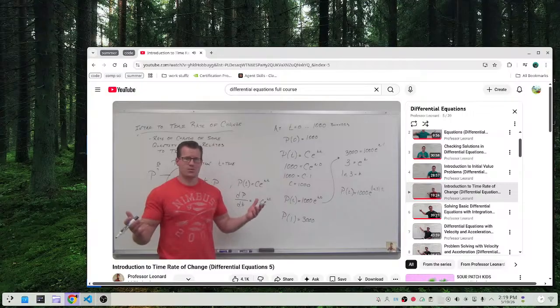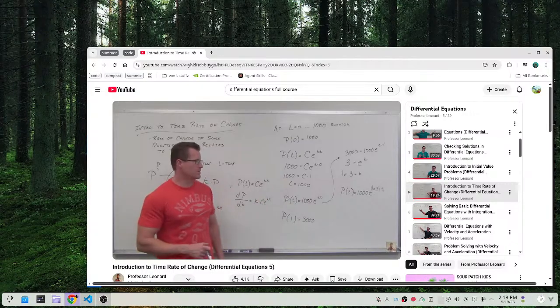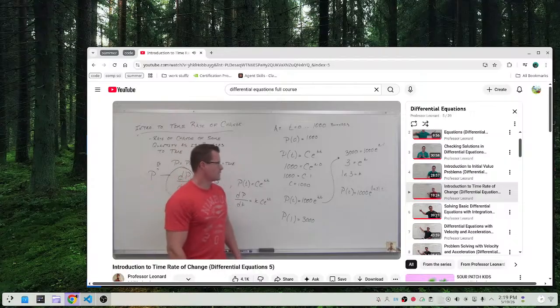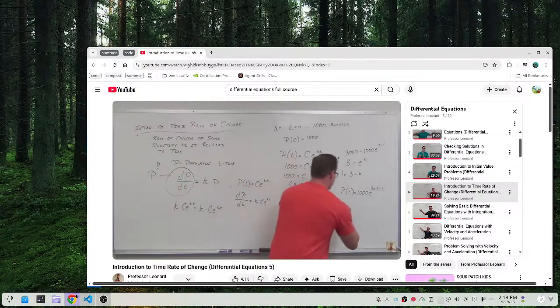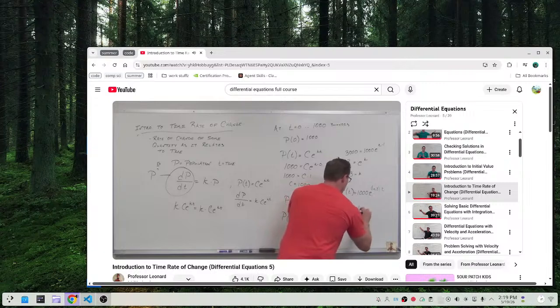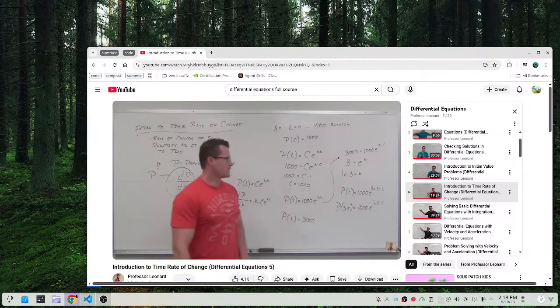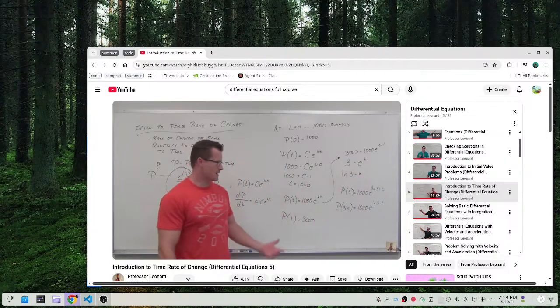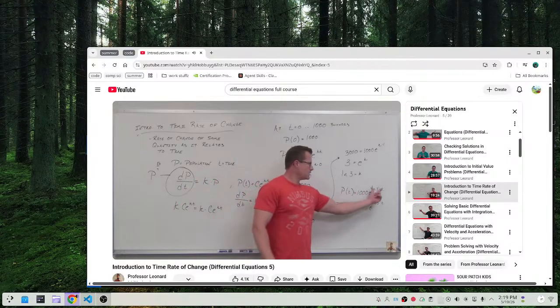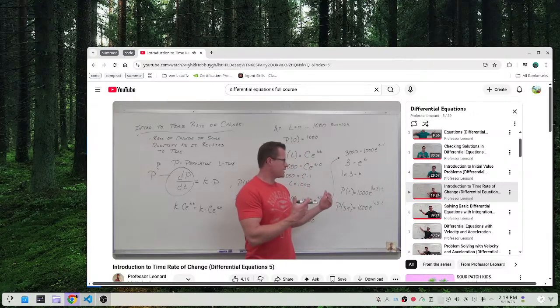Now we can use this for practically anything. How many bunnies are going to be around in 3.5 years? Probably a lot. So let's find P of 3.5. One more thing you might want to do, just to make this not as obnoxious, you can do some mathematical razzle-dazzle with that. If you have ln of